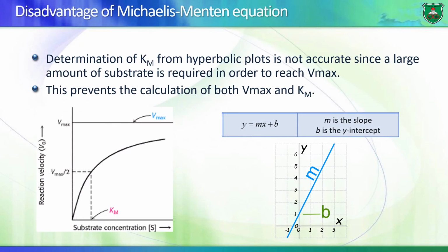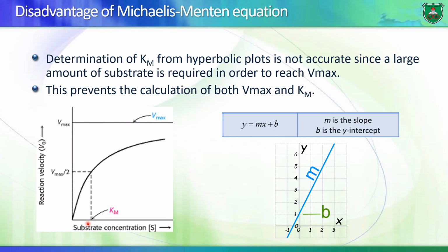Now, there's a problem with the Michaelis-Menten equation, and there's a problem with the Michaelis-Menten plot. And that is, notice that the hyperbolic line never gets to Vmax. Because realistically, it's impossible to have that much substrate to calculate Vmax. And since we cannot determine what Vmax is, we would not be able to tell what Km is. And as a result, we would not be able to calculate the rate of any reaction at any substrate concentration,